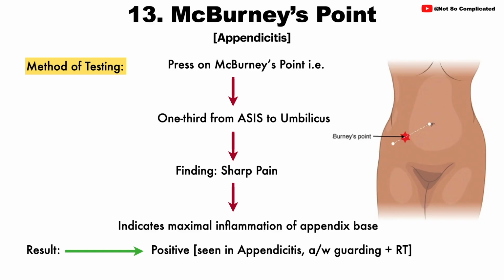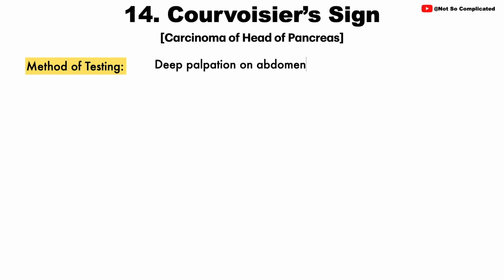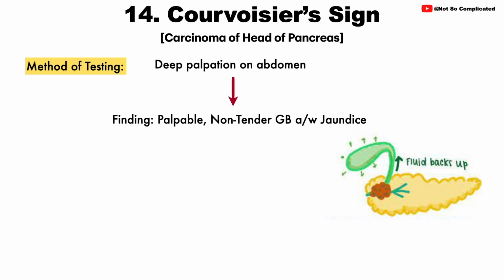The 14th sign we have is Courvoisier sign. So it is usually seen in carcinoma of the head of the pancreas. So the method of testing for this sign is that you have to do deep palpation on the abdomen. All right, so the finding is that there will be a palpable non-tender gallbladder associated with jaundice. This is a very classic sign. All right, so here what happens is there will be a tumor or a mass that will be compressing the bile duct here, and that will lead to the backup of the bile or fluid into the gallbladder, that leads to